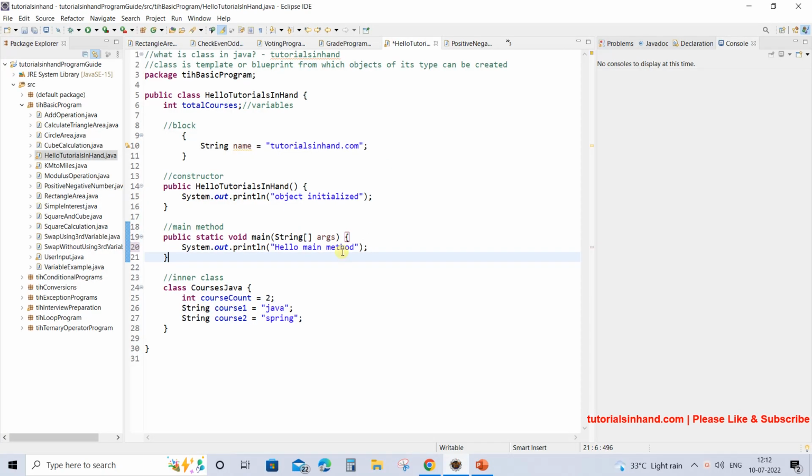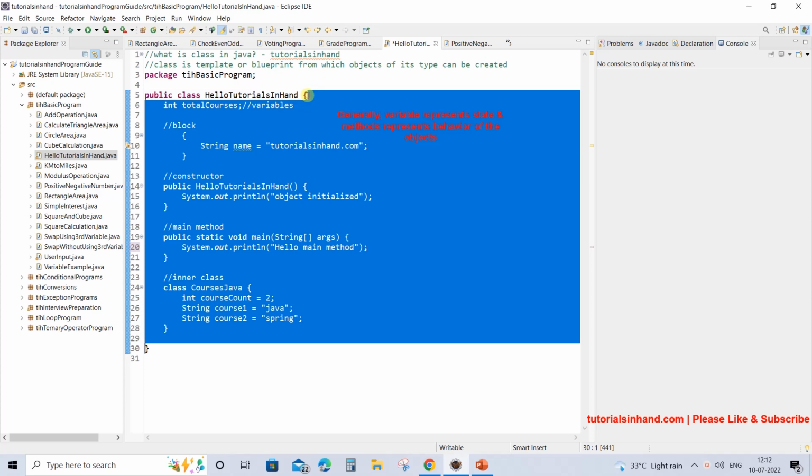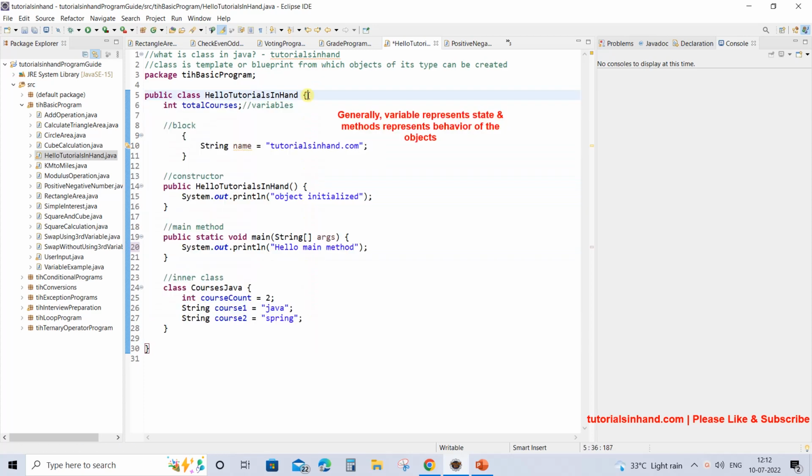A class is considered as a blueprint or template from which objects of its type can be created, and we can create any number of objects that contain the same state and behavior as the class from which they have been created. For example, if you say about template, then within a class we can have different things, like we